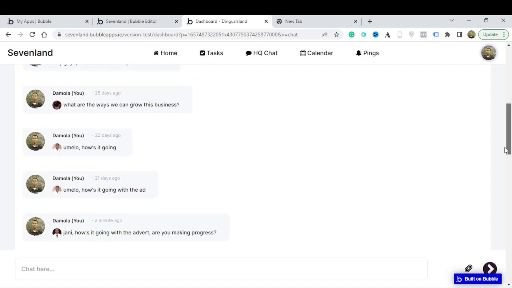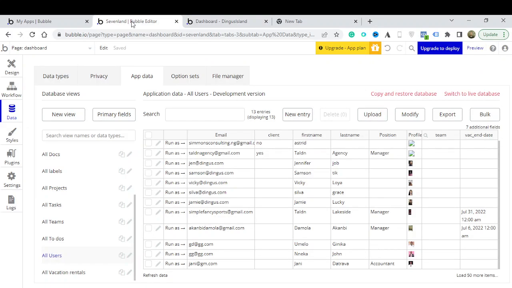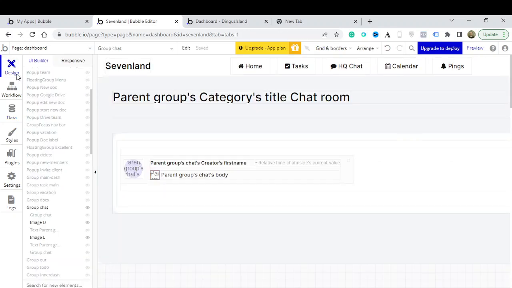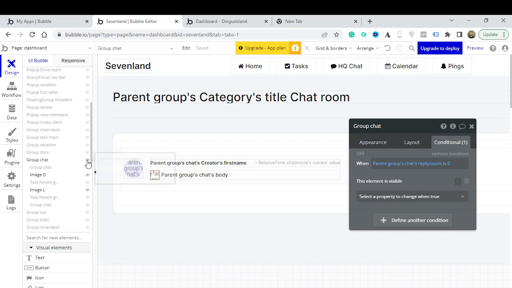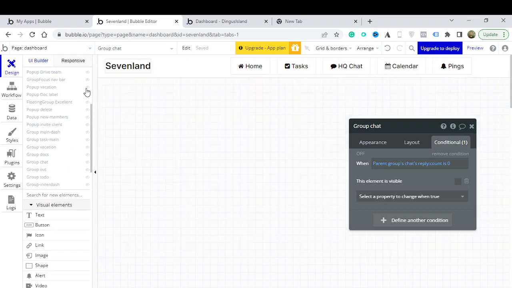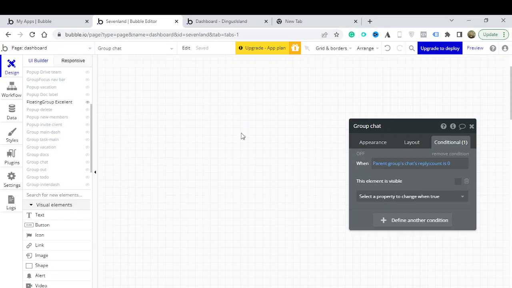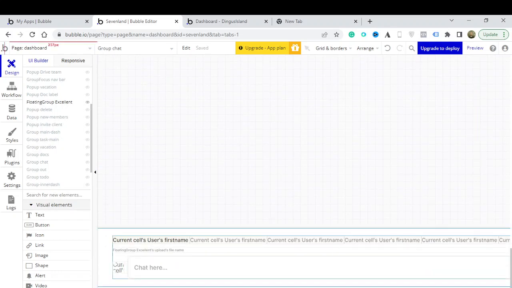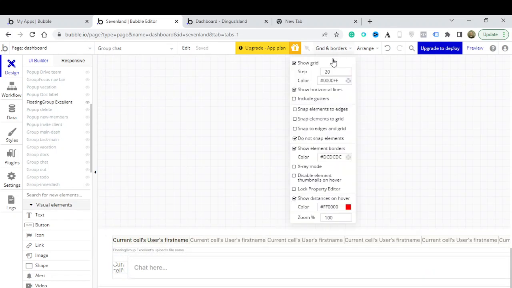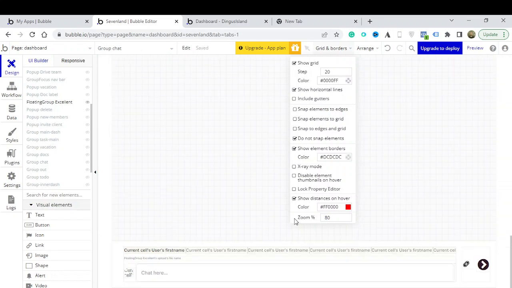All right, so what is really going on here? So let me go to the back end of this, right? And let me go into the design. So this is the chat group, and what I have beneath here, if I were just to take this out, I'm looking for my floating group. Excellent. So what I have here, I have a floating group. If I just scroll down to the end of the page, I have a floating group that basically acts as my comment section. Let me reduce this to 80 because it's kind of zoomed out and my laptop is quite small. So you have,